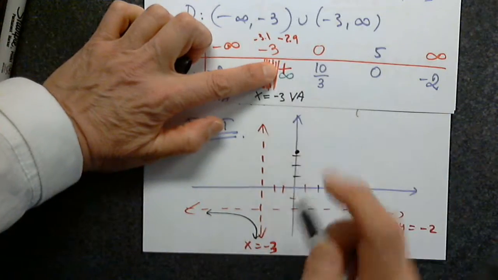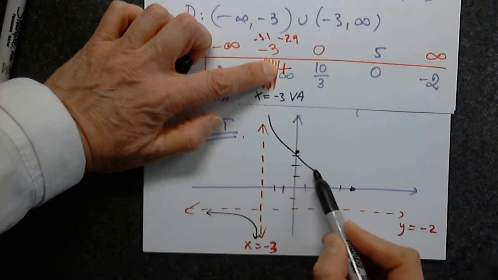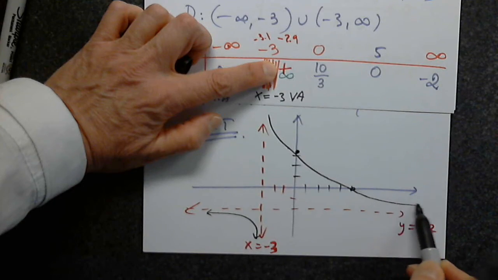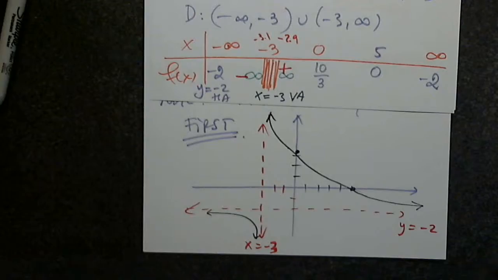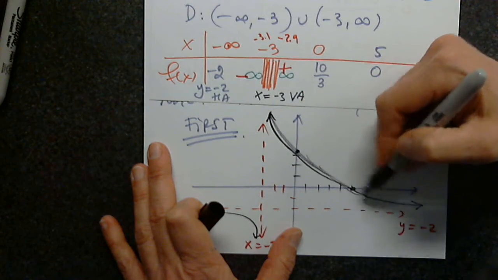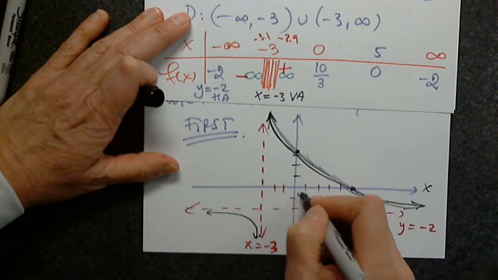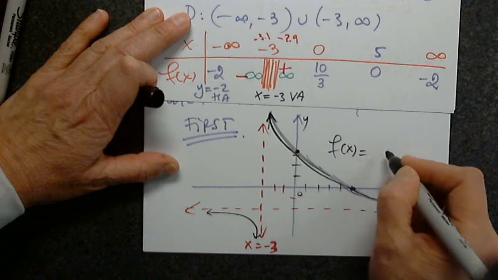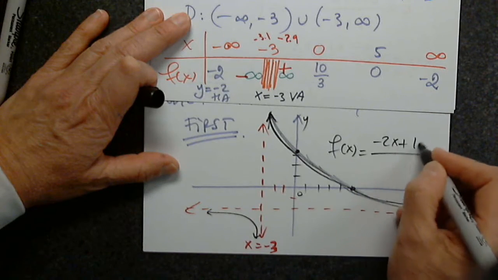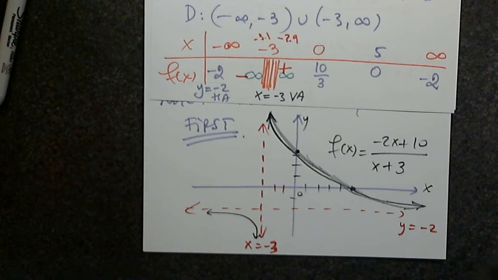On the other side, from positive infinity, crossing, going to -2. It's a smooth, continuous function. My graph is not perfect. Sorry about that. So this is f of x equals -2x plus 10 over x plus 3. With the graphing calculator, please. Do not forget